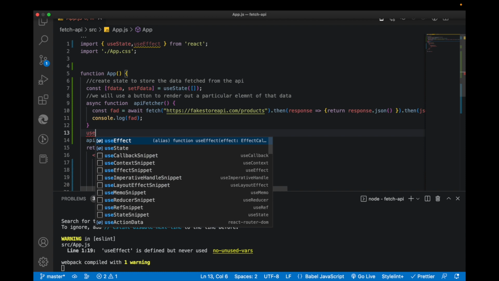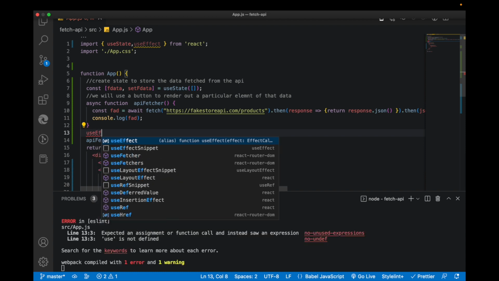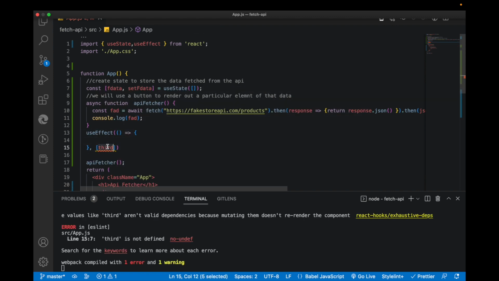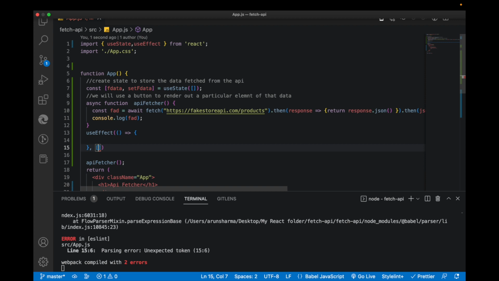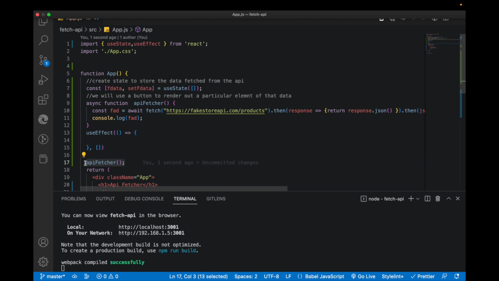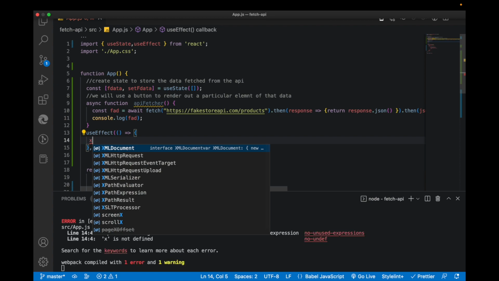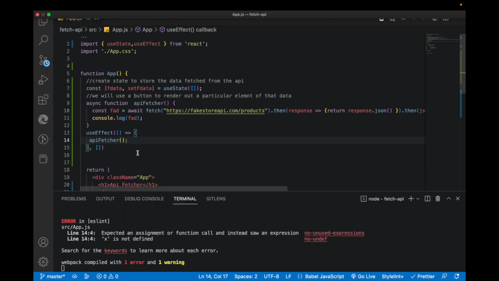Okay, let me use the snippet tool to use the useEffect and empty this. As we don't have any dependency, I'm just going to paste this API fetcher function here,